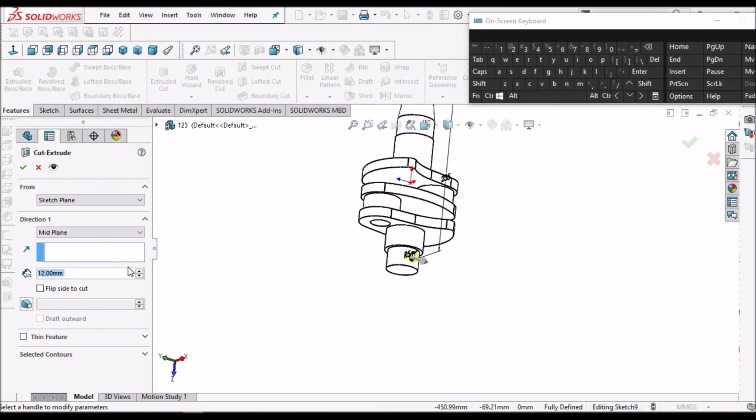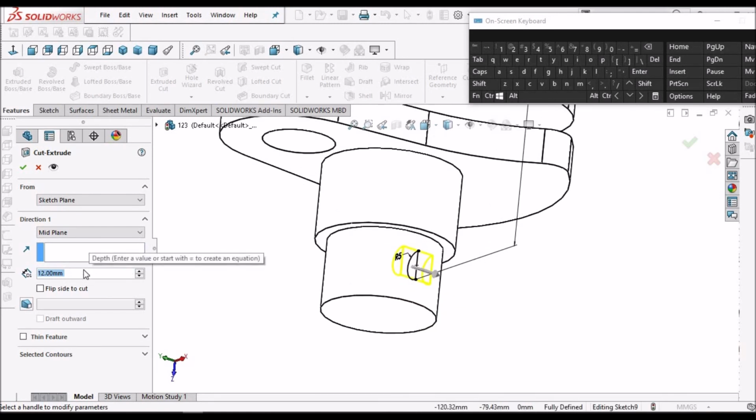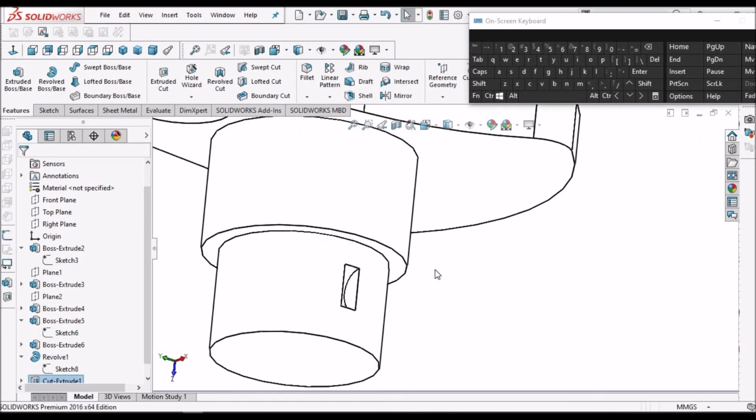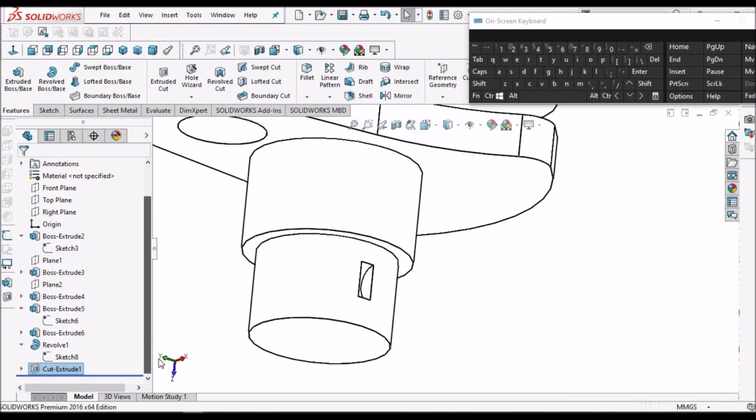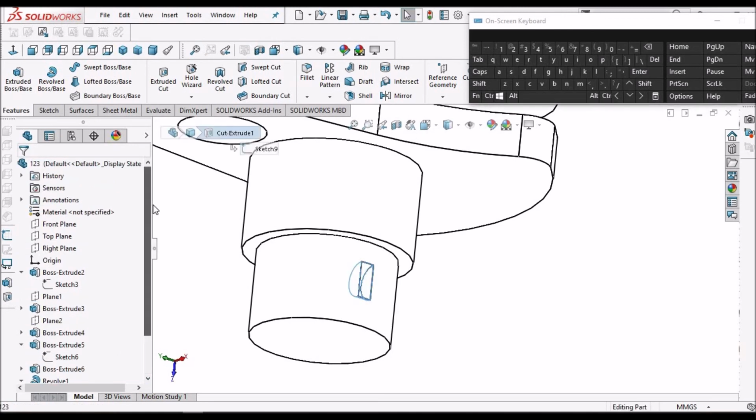Mid plane. Here I can mirror the feature or mirror the sketch. So I am going to mirror the feature right now.